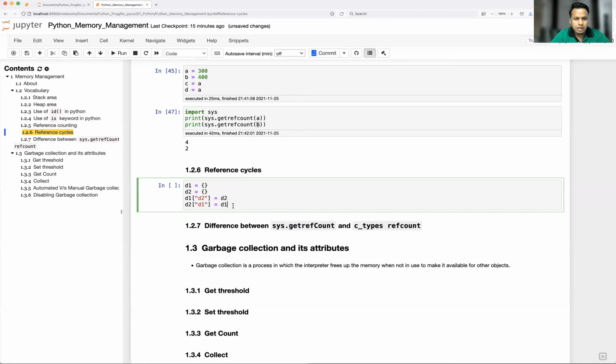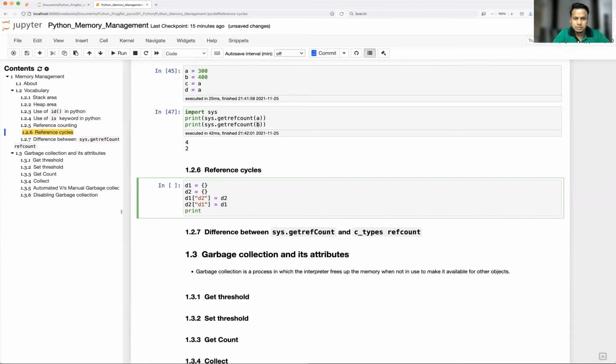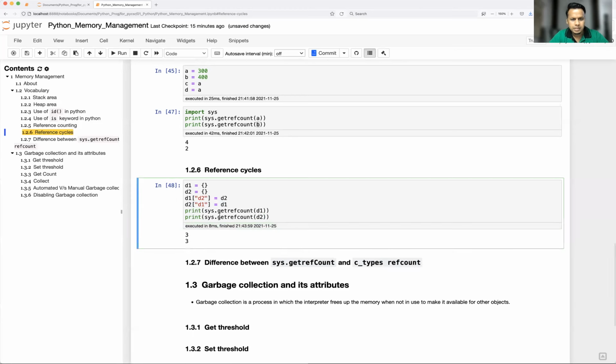So let's take a look at how it works. So I'm just going to use sys.getrefcount of D1, D2. Okay, so why 3 times? Because 2 times anyway it is there, one D1 and one more is you are calling. Okay, and similarly for D2.